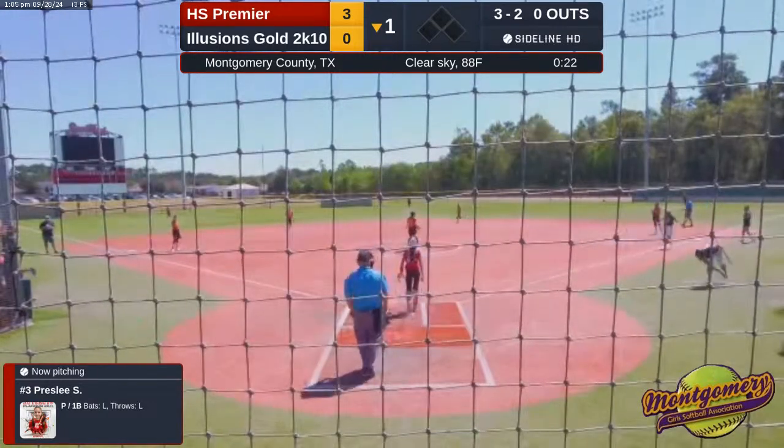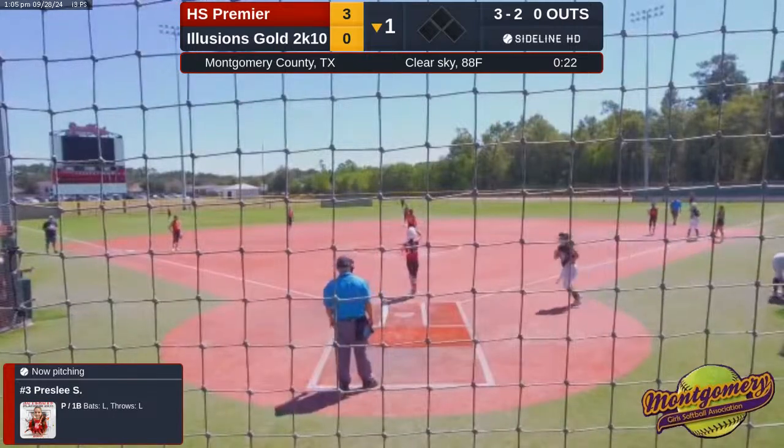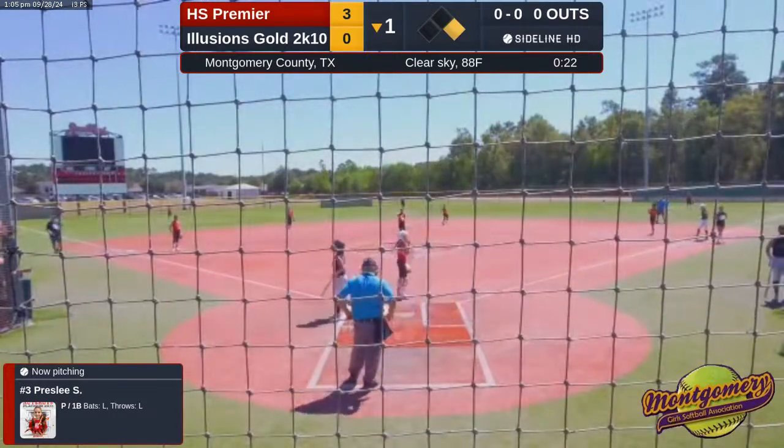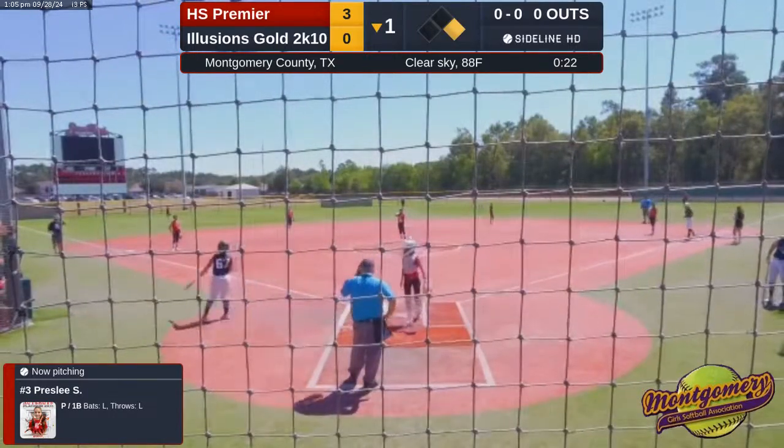Ball 4. So runner at first base, nobody out here. Bottom of inning number 1.